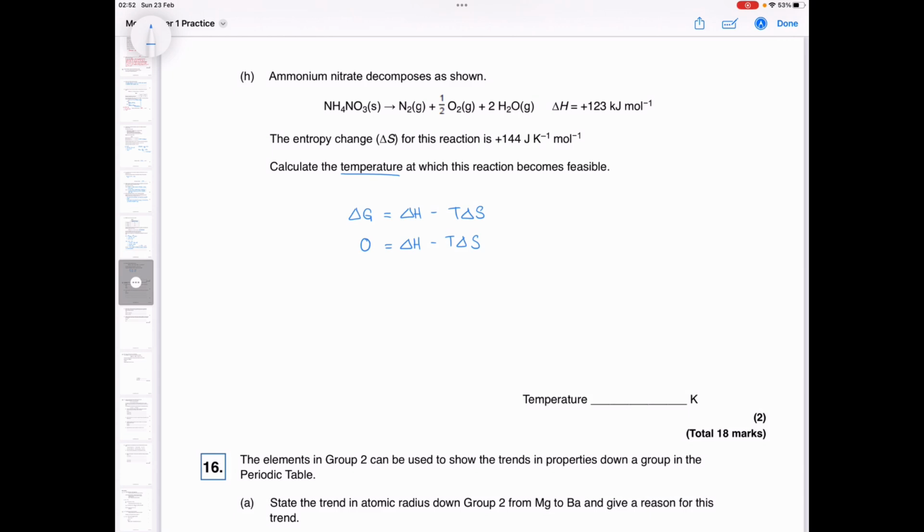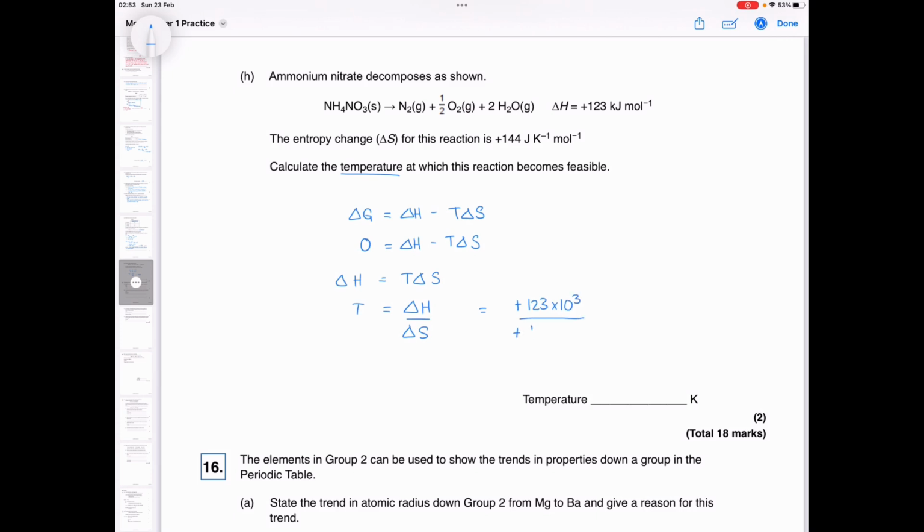And so rearranging that, delta H must equal T delta S, and therefore T must equal delta H over delta S when the reaction is feasible, which is plus 123 times 10 to the 3 joules per mole divided by